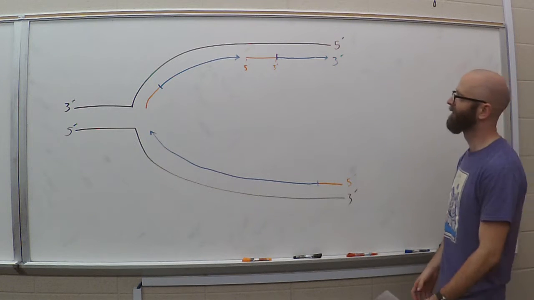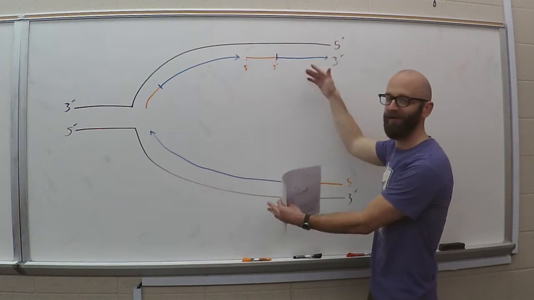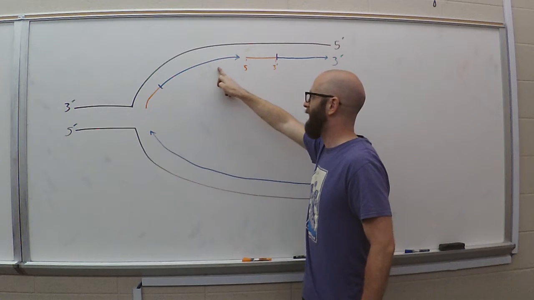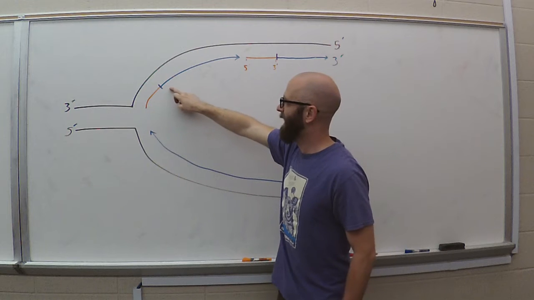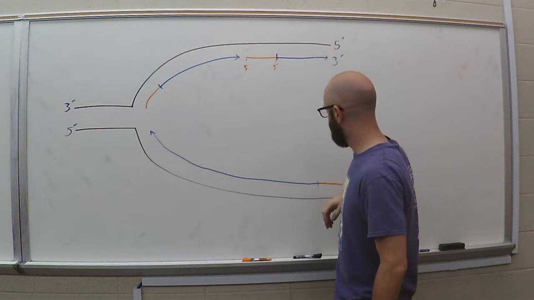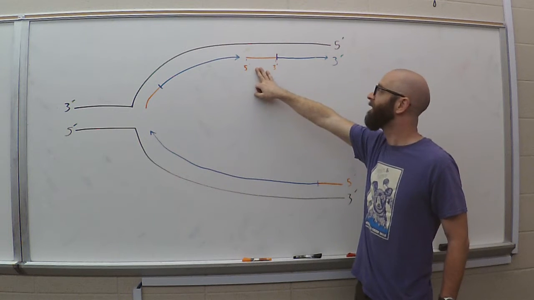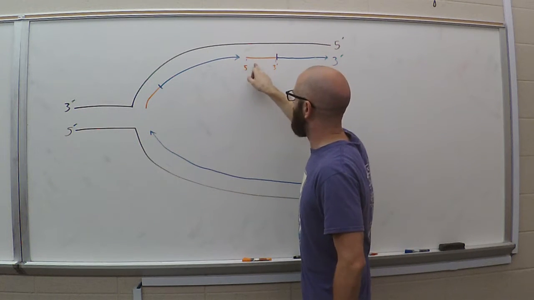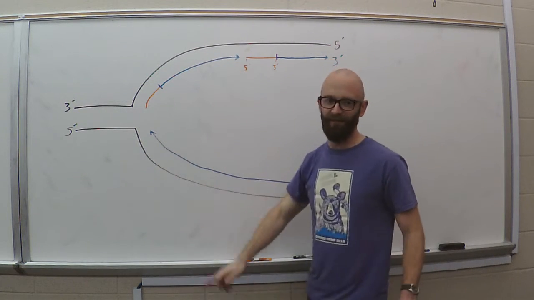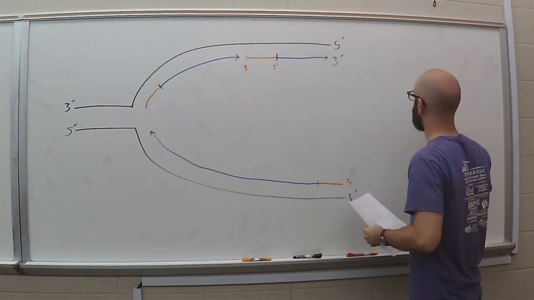All right. So this is where we're at so far. We've got our double-stranded DNA pulled apart. We've laid down RNA primers and then extended those RNA primers using DNA polymerase III to add new DNA nucleotides onto the ends of these RNA primers. All right? But at this point, the primers are still there. We've still got RNA in here. And the Okazaki fragments are not joined. There's a fragment here, there's a fragment here, and they're not connected. So the next step is carried out by an enzyme called